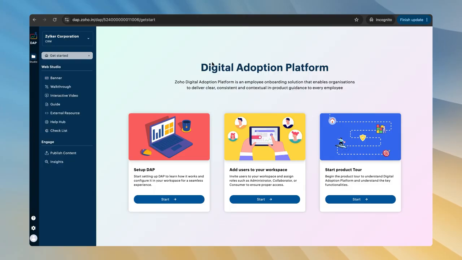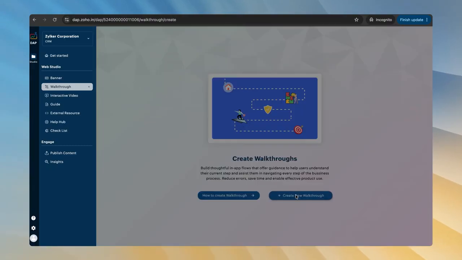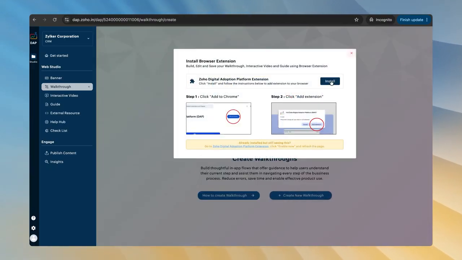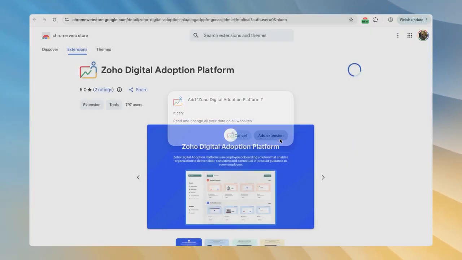For this session, we're going to look at how we can create a walkthrough for a particular process in Zoho CRM. For that, from the Zoho DAP workspace, click on walkthrough, and from here, click create new walkthrough. You'll be asked to install the Zoho DAP extension for whatever browser you're in. You can just add it to Chrome. You can add the extension,